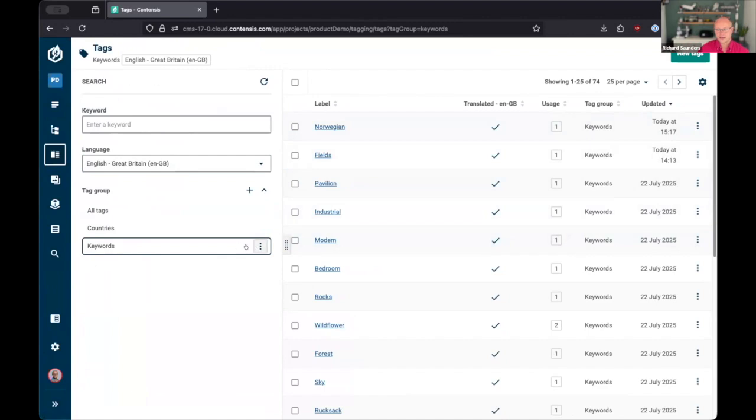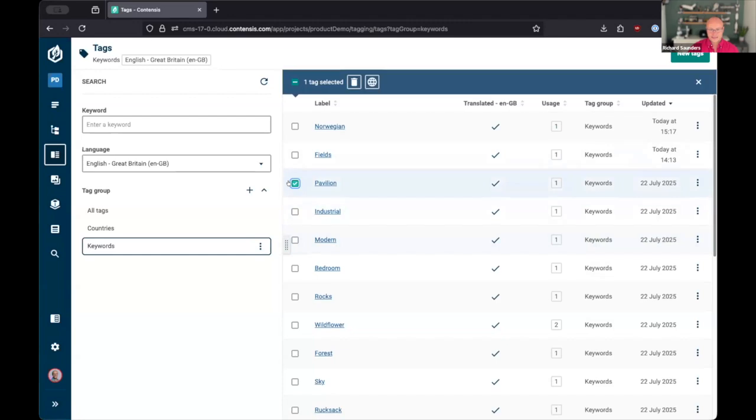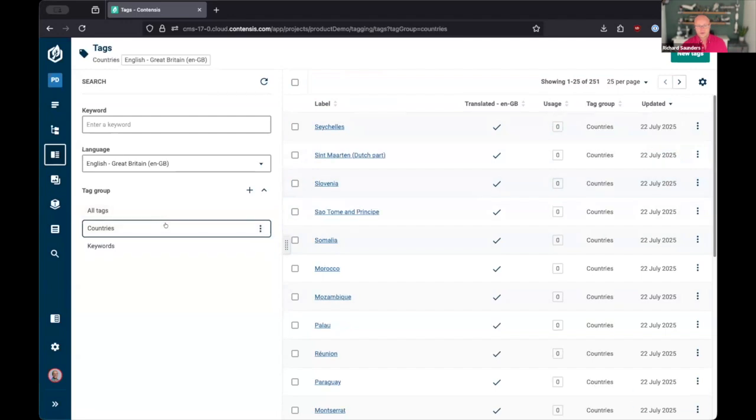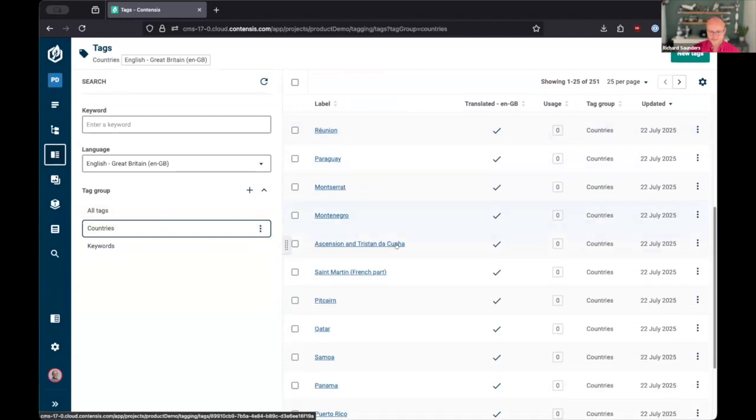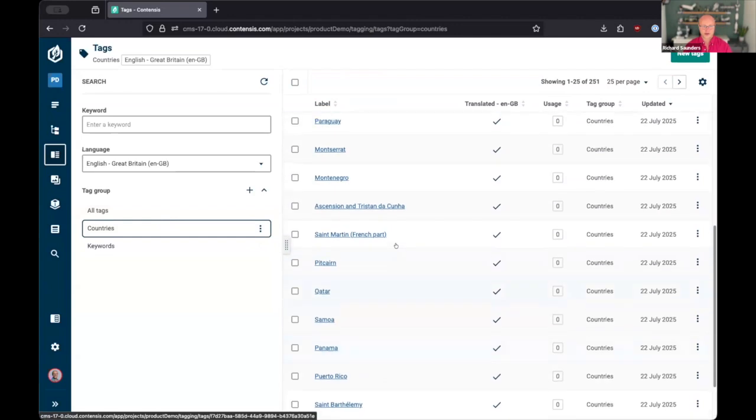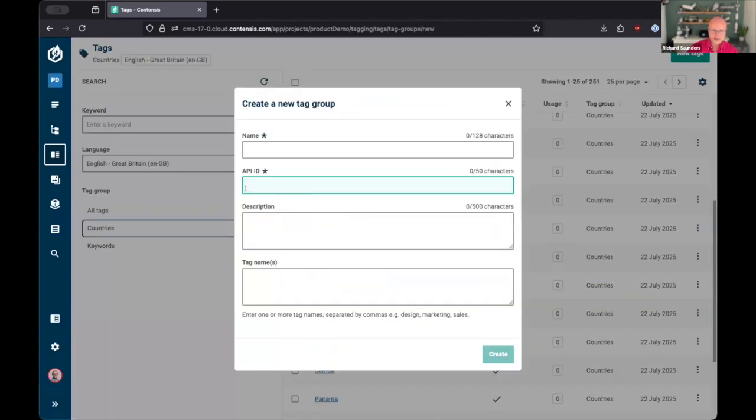And if you had assets uploaded in Classic and you'd defined metadata against them, like the MD keywords, structured content, then that content will come across as part of the upgrade to 17. From here, you can obviously delete and manage or translate this content, or you can create different groups like this countries list. If I wanted to create another group right now, I can go to add a new tag group,